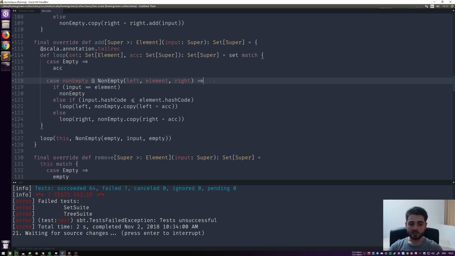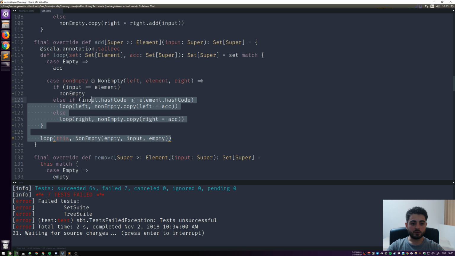So the solution to this is to have 2 loops instead of 1. So we're basically gonna rip this algorithm in 2 parts. The first part is going to be finding the path, and the second part is going to be to follow the path and rebuild the set. So in order to do that, we're going to need a helper class. But before that, we're going to throw out this whole thing, and we're going to have the skeleton of the algorithm,